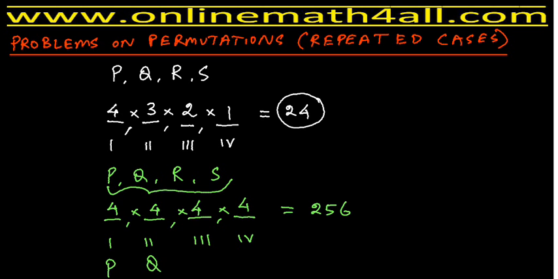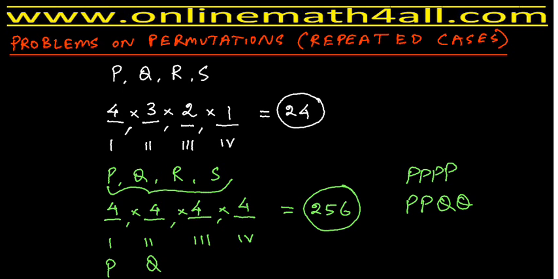That is, we are getting 256 new words with the letters P, Q, R, S in the case the letters are repeated. So we may get a word like P, P, P, P. That means I have used the same letter in all the four positions because the letter can be repeated at any time. Otherwise, for the first two positions P, P, and for the next two positions I just use Q, Q. So P is repeated twice, Q is repeated twice. In this way also I can get a new word with the four letters. So this is how we are getting the result 256.